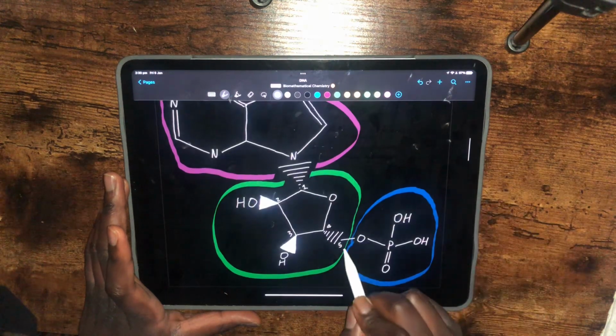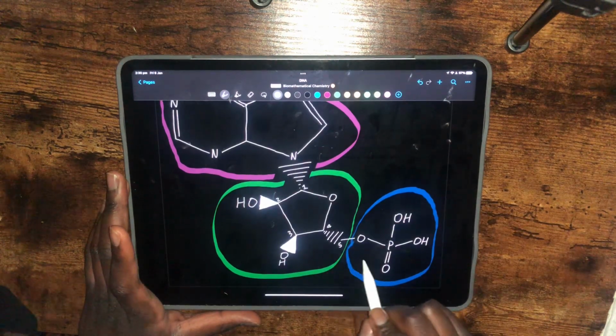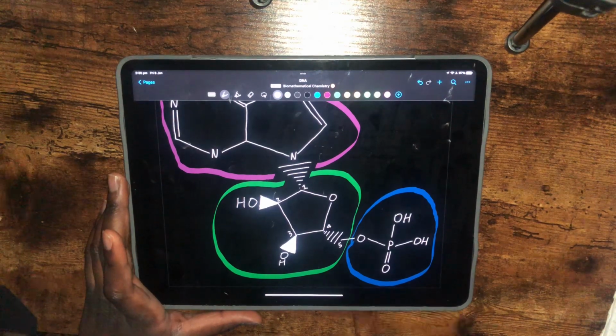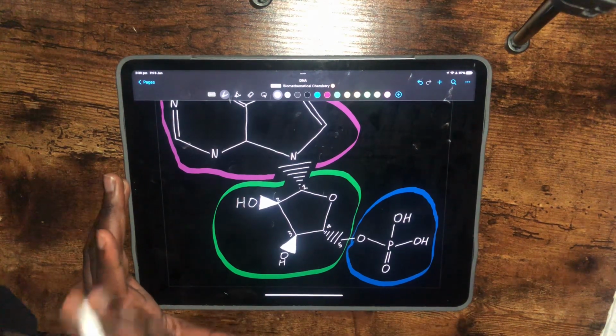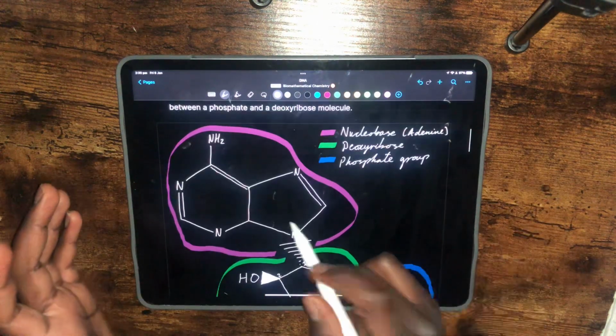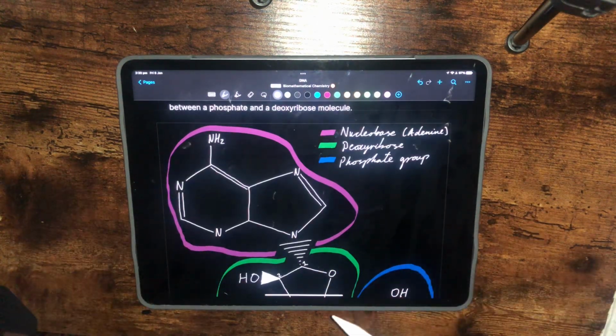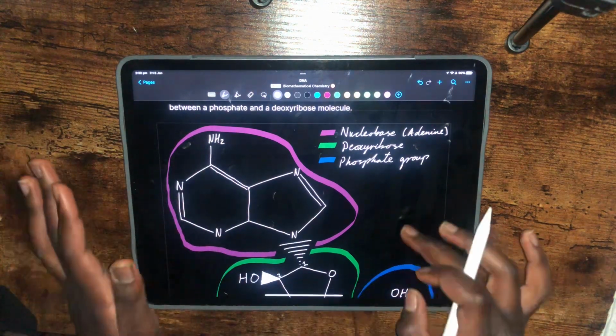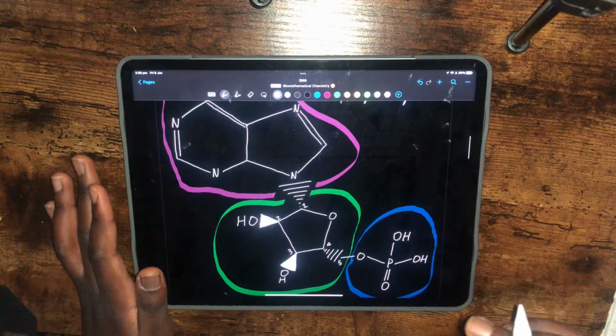phosphodiester bond. So here is a phosphoester bond, but it's possible when nucleotides on the same strand bond together to form a polynucleotide chain. I'm not talking about a double strand here. I'm not talking about when the bases form hydrogen bonds together and you're forming 2 strands. I'm talking about on the same strand. How they actually bond